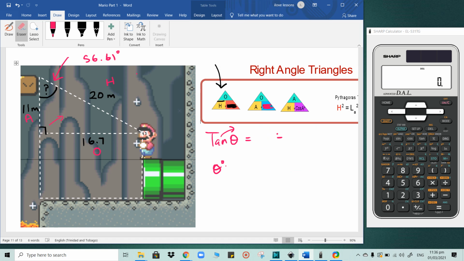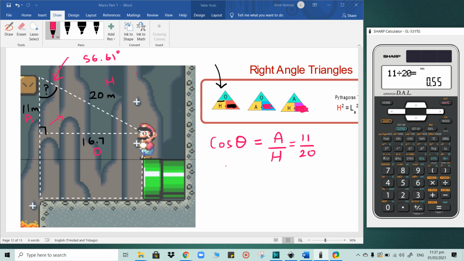Let's use the last one on the list there. Let's use the cosine. So if we're using the cosine, let's block the cos. So you get cos theta. Whatever we block, we write it. So if we scratch him off there, we're left with adjacent over hypotenuse. See, it's a different combination of letters in each case. So the adjacent side now is 11 and the hypotenuse is 20. So 11 divided by 20 is 0.55. And I know by now, you know that's not the end. You have to throw across the cos. And you get cos inverse 0.55. So second function cosine 0.55. And we get roughly the same answer,